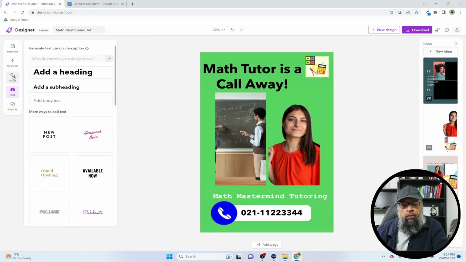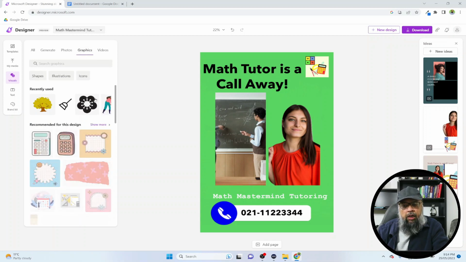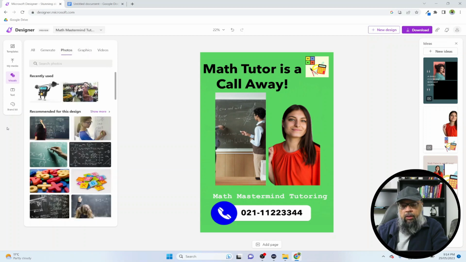If I click on this visual tab on the left, I can select from graphics and photos, and I can select any of these and put here just like Canva. But the most important thing which differentiates AI tools, and remember that Canva is now also an AI tool because they have implemented artificial intelligence,